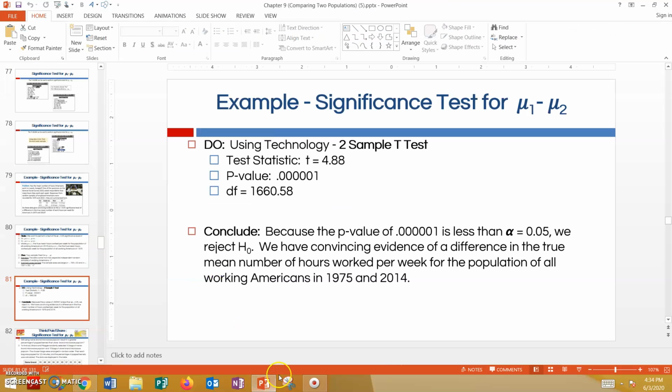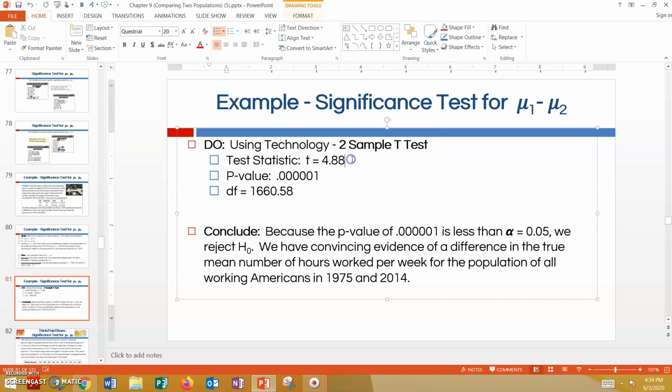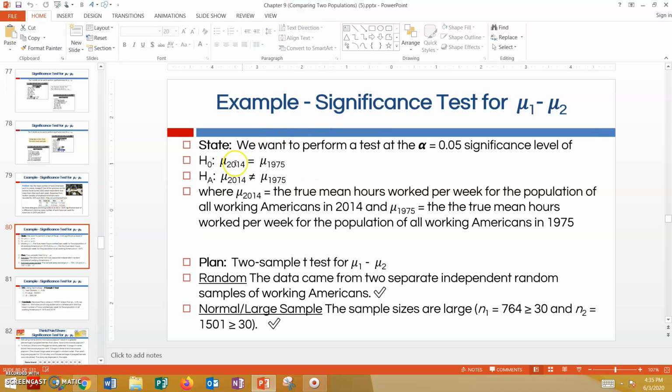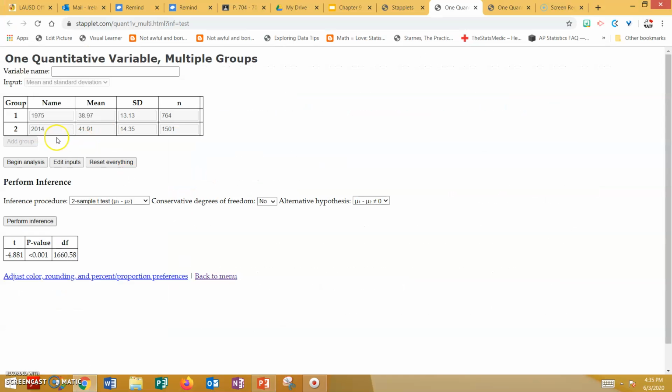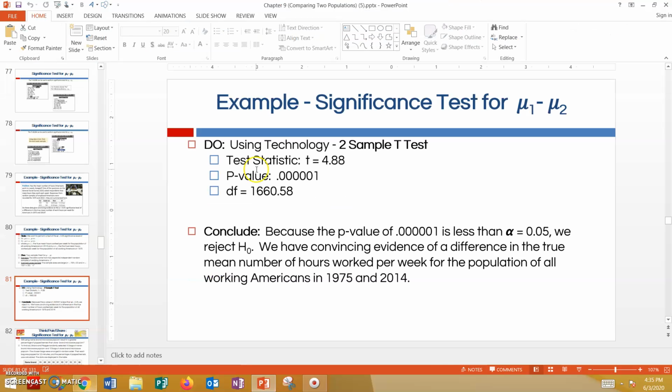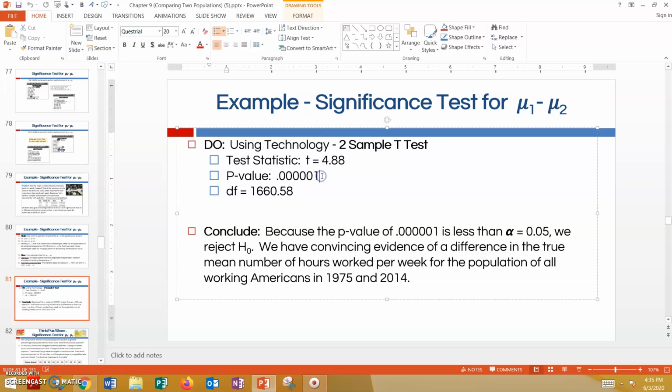Now, you'll notice here, I had a negative test statistic. Now, that's because I put 2014 first. So if I would have flipped these groups around here on StatKey, if I would have had group 2 go before group 1, I would have gotten the positive test statistic. In a two-sided test, that's not going to make much of a difference at all. It's not going to make any difference because you're going to still get the same p-value here, same degrees of freedom,